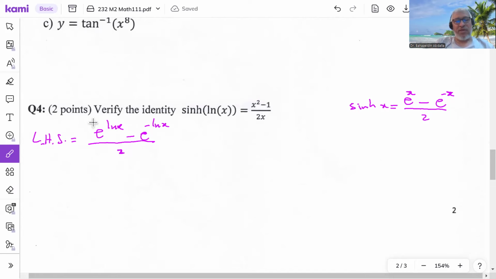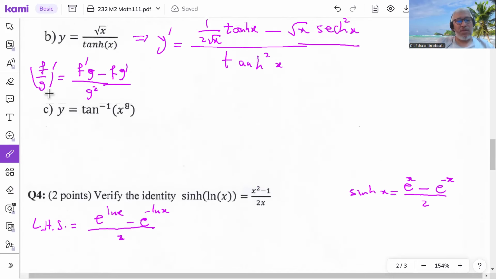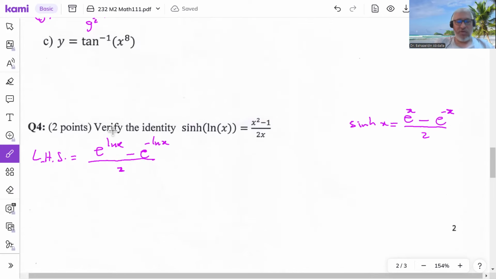Now I have a formula that says, there is another function here. Okay, I'll finish this and go back to it. We know that e to the power ln x is x. Ln cancels e. So I'll have x here. But here the cancellation doesn't work because I have a negative sign. But I know that whenever I have ln u to the r, it is r ln u. So this r, if I need, I can bring it up as a power of u. So this minus, I can bring it up as a power of x over, and there is an e, of course,